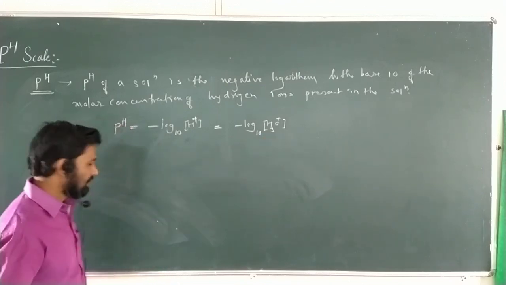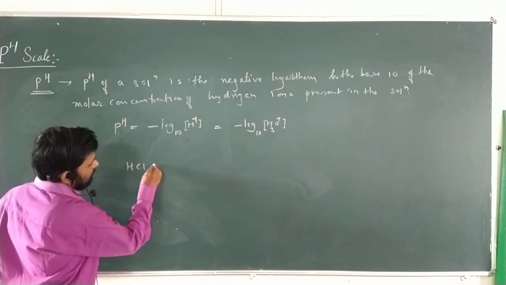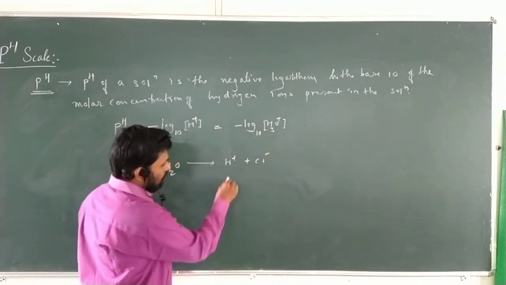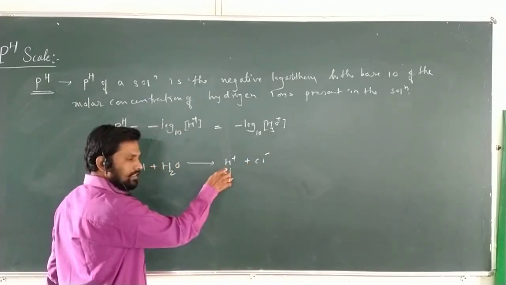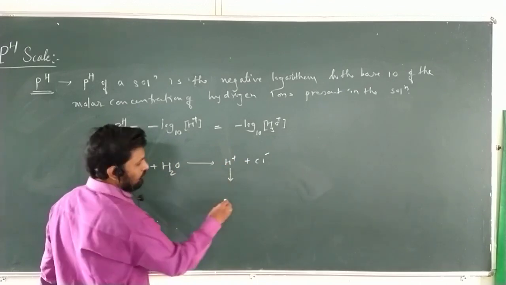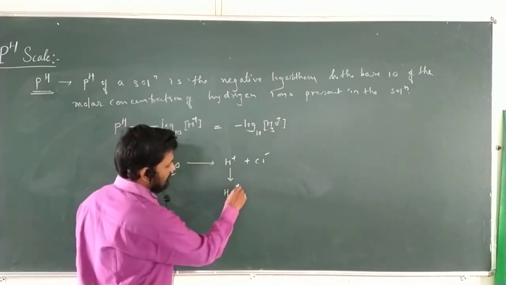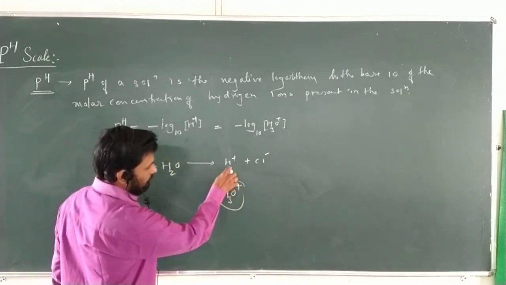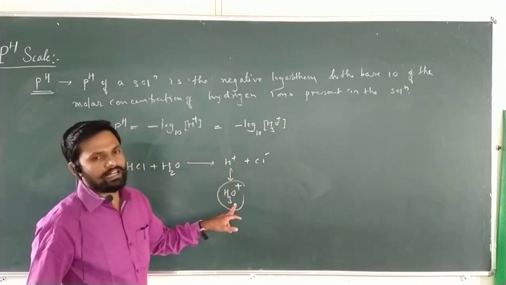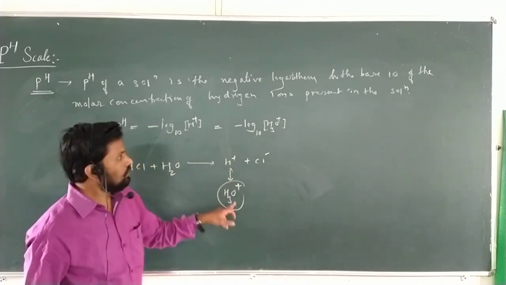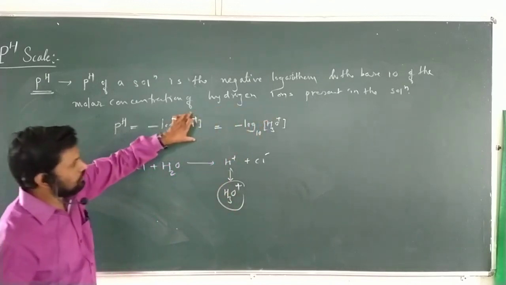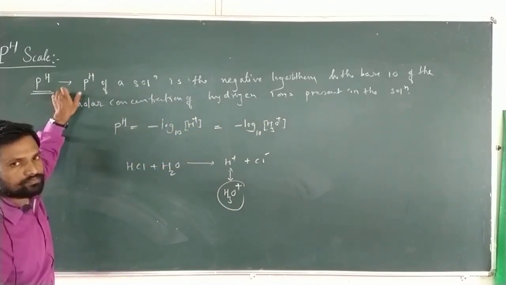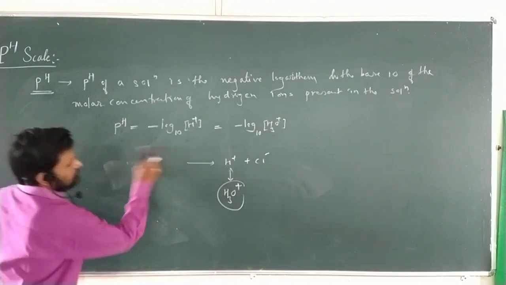As we already discussed, if HCl is taken with H2O, it forms H plus and Cl minus. What are these H plus? These H plus combine directly with water to form H3O plus, which is the stable form. Both are the same. So instead of H plus ion concentration, we can also use the hydronium ion concentration. The concentration of hydrogen ions in a given solution indicates the pH. That is my point. Similarly, we can say